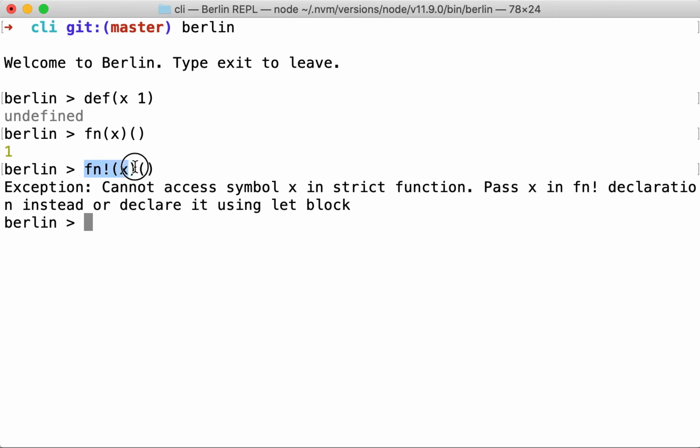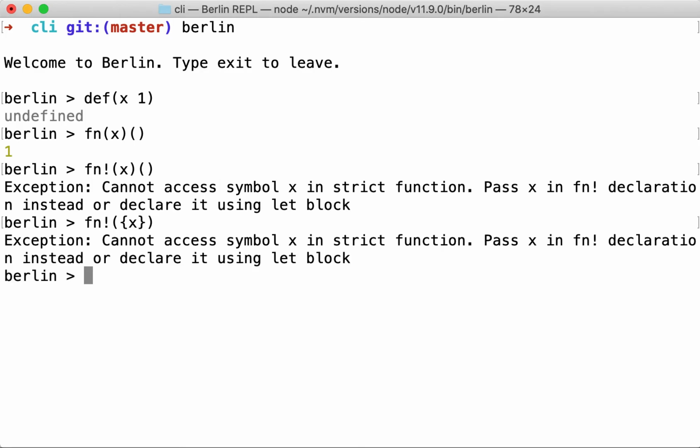Remember here when you read this, because x is the last parameter, it's not a parameter at all. It's a block that the function executes. It just happens to be a block that only contains a single line, and so therefore we didn't need to pass the curly braces around it. But of course, this would be the same thing, right? So how would we fix this? Well, we would have to pass in x as an explicit parameter.